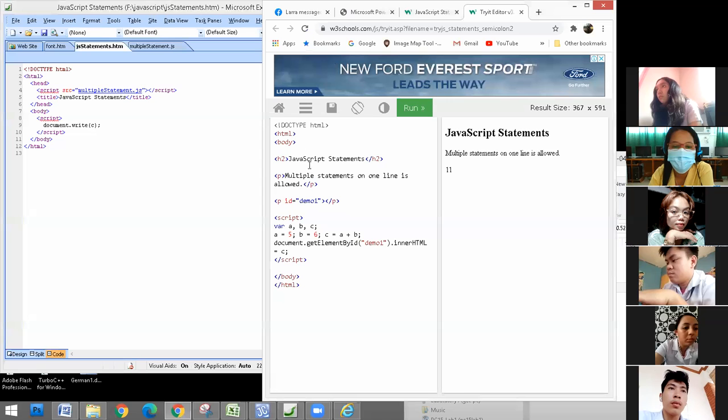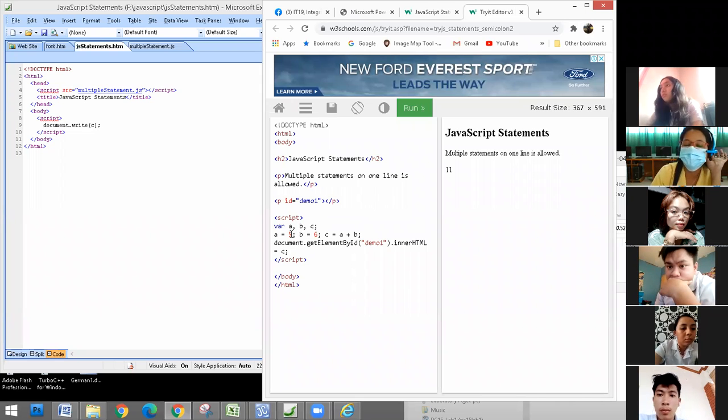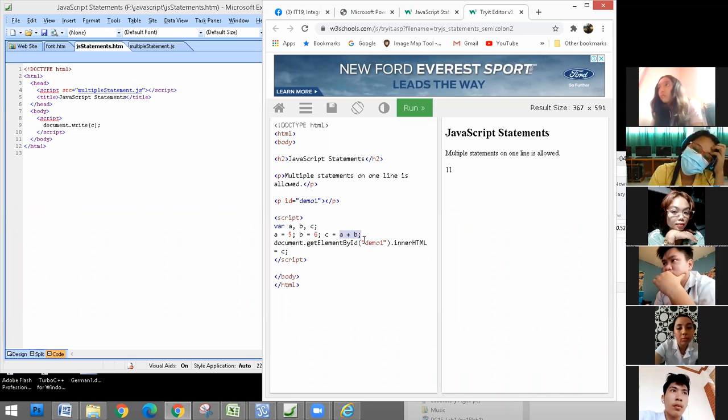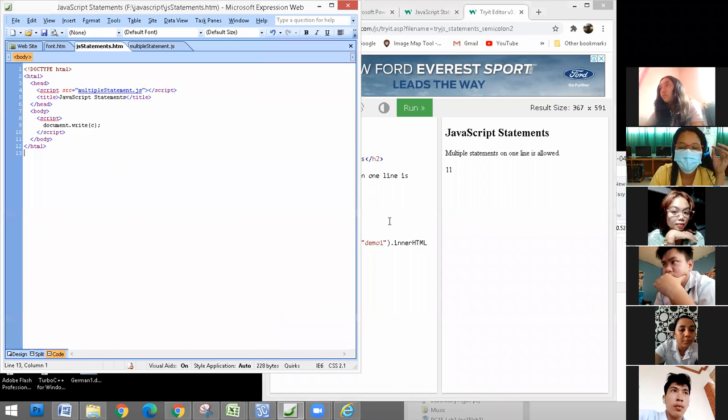So here, okay, this is JavaScript. So the value of A is 5 and B is 6. So A plus B is 11. Now, in order to display that within your page, you create